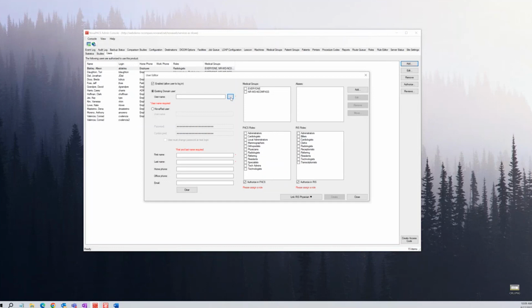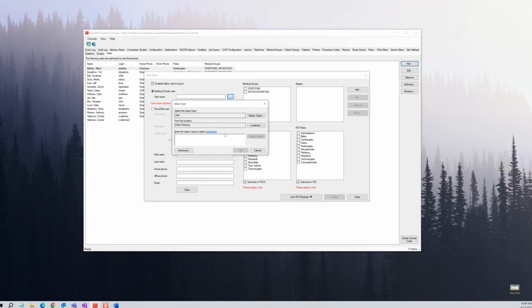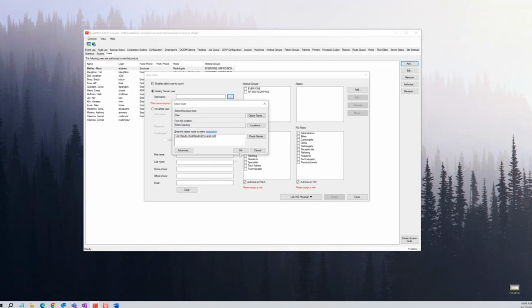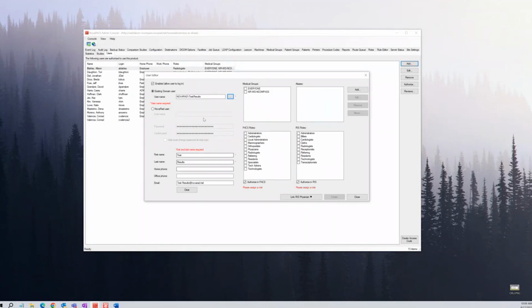So I can click the little radio button next to the username field, and I can search Active Directory, find who I am looking for, and I can select someone from Active Directory and say, okay, and it automatically fills in the information down here below.